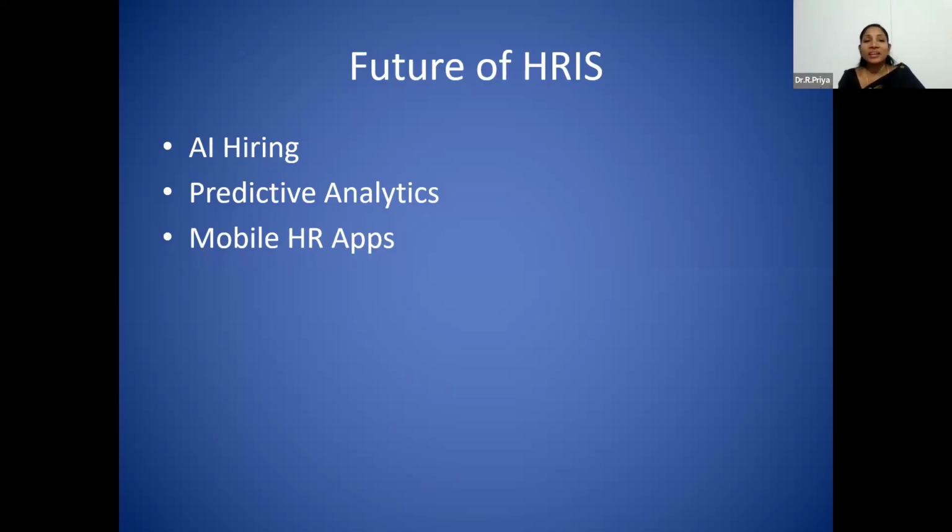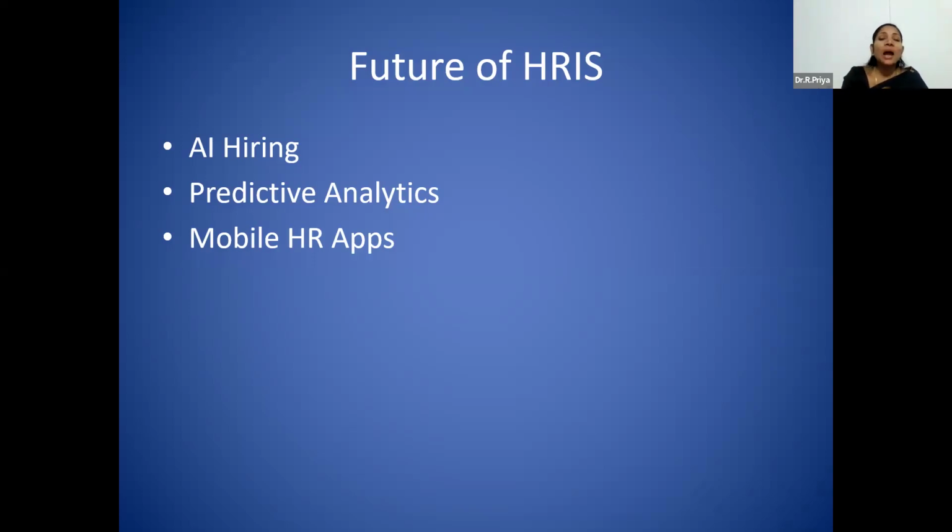AI powered hiring: artificial intelligence is being integrated into HRIS for smarter recruitment, like resume screening, candidate ranking, chatbots for initial interviews, and predicting candidate fit. The benefit is reducing hiring time, removing bias in initial screening,